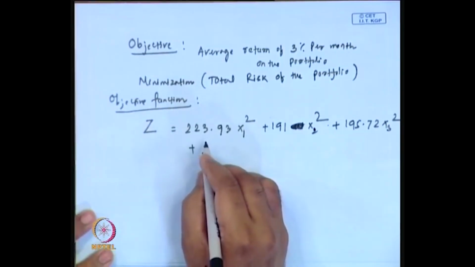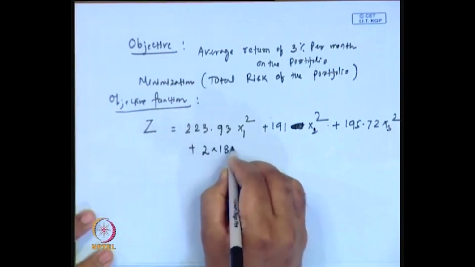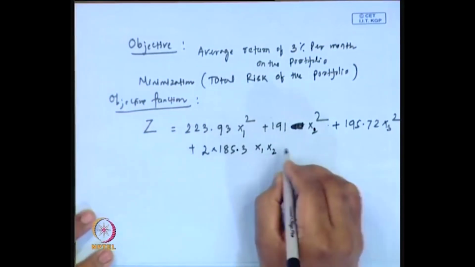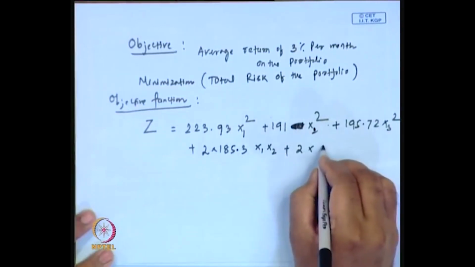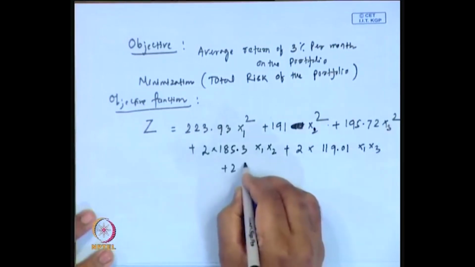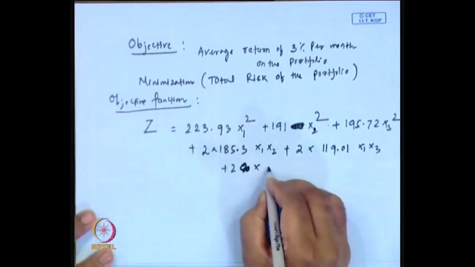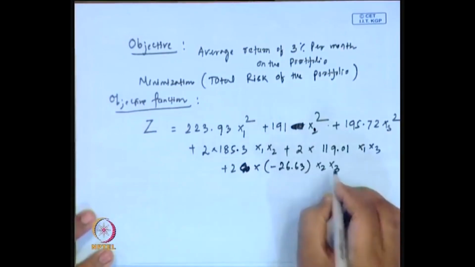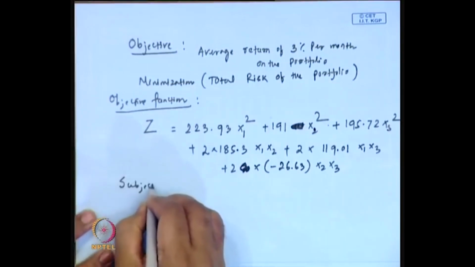Covariance between x1 and x2 is 185.3, so 2 covariance into x1 x2, that is 185.3 x1 x2, plus 2 into covariance between x1 and x3, that is 119.01 x1 x3, plus 2 covariance between x2 and x3, that is 2 into minus 26.63 into x2 x3, and which are the constraints, which is given by subject to